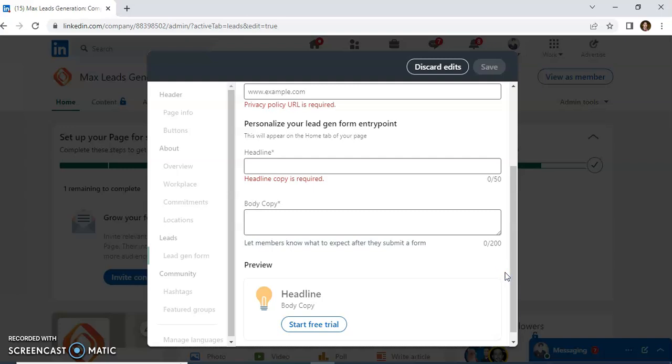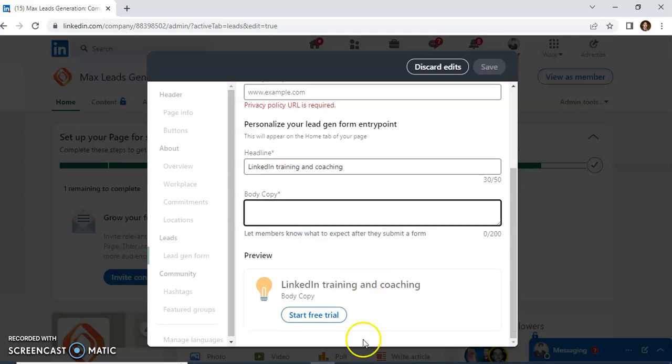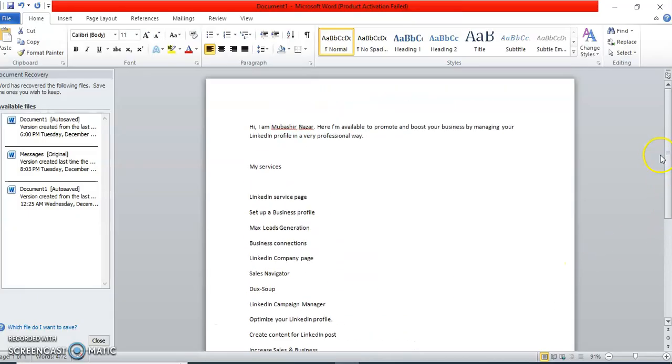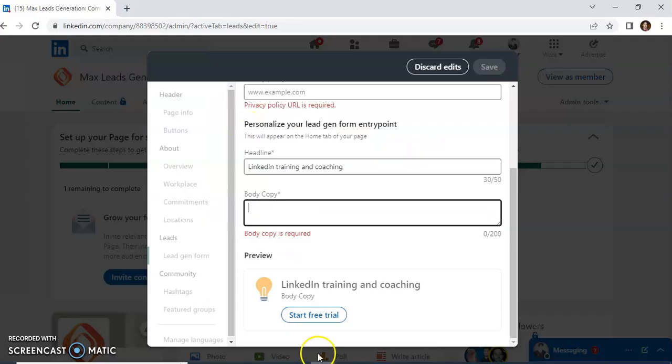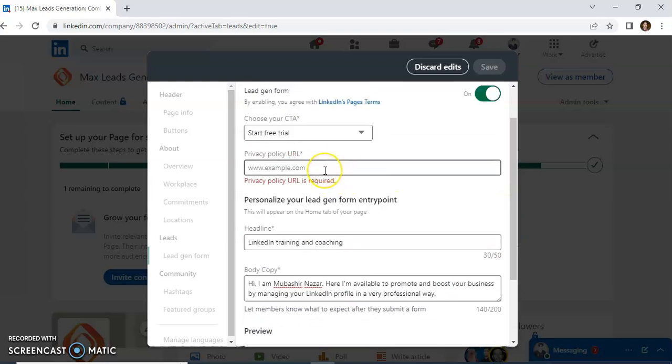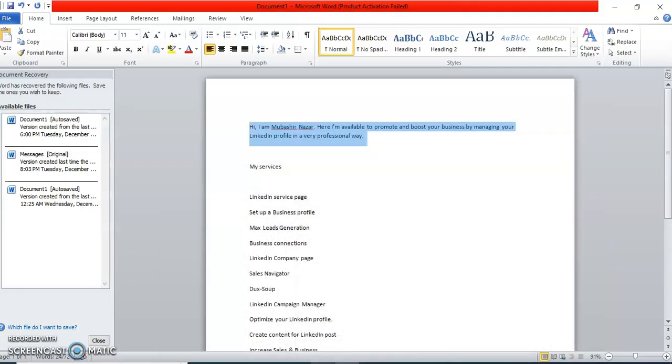So let's fill this, and so you will totally understand how to create a LinkedIn lead generation form. For example, in the headline I am just writing here LinkedIn training and coaching, and in the body message we can write a big message that includes 200 characters. So I am just writing these two lines, so you will totally understand about this. And then we just need a URL, so I am just copying my LinkedIn URL,